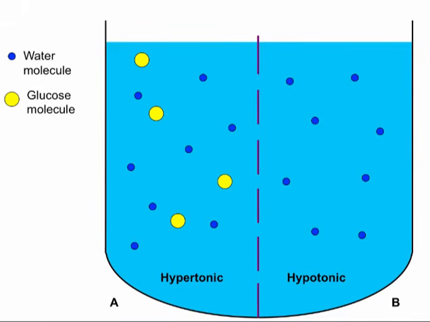It is important to note that the concepts of hypertonic and hypotonic are really only useful in relation to another solution. You cannot say a solution is forever hypertonic. If you place the hypertonic solution next to a solution that has an even higher concentration of solids, now the hypertonic will be called hypotonic. So it's always in relation between two things. So when we were talking about the cells, it is the solution inside of the cell in comparison to the solution